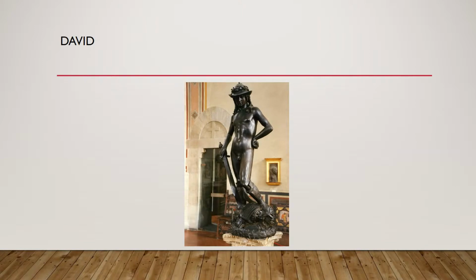This statue of David was sculpted by the artist Donatello in 1440 during the Italian Renaissance period, and is a large bronze statue that depicts David standing over the head of Goliath, who he had just slain. In his left hand, he holds a rock, which we presume was the rock used to slay the giant, as told in the Bible stories.